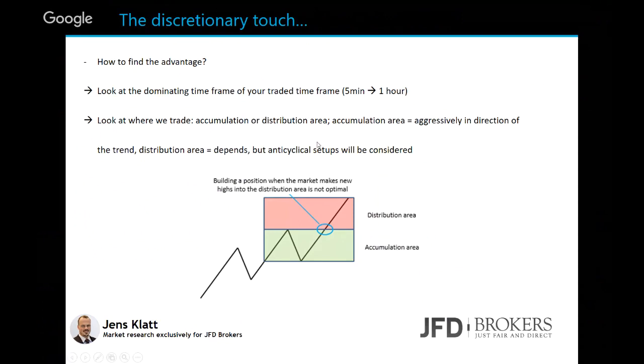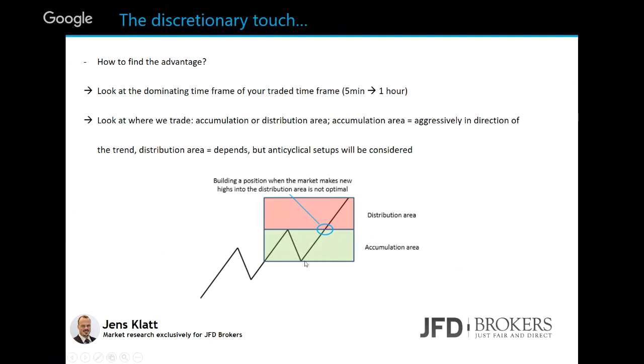Let's say you have a structure of higher highs and higher lows. The question you have is, where shall I buy here? Shall I buy right here when the market is about to break to new highs? Or shall I buy once the market drops back to the highs from before, where we try to buy into this regression? In fact, sure, we should buy the regression, the move lower, because the risk reward is so much more attractive. But on top of that,